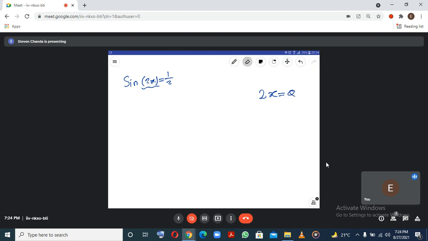But anyway, what you do in this case is you just ignore what's in the bracket and focus on those brackets. Look at it as one thing. Just look at it like it's theta. All of this, just look at it like it's one thing. Don't consider the 2x. Don't consider, just look at it as one thing. So that's the first thing. Then usually they'll give you a range. Let's say they've given a range for us to find the answers in